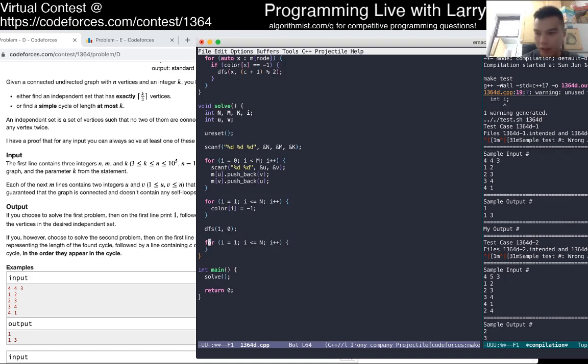I don't know if I need to do it both for odd numbers and even numbers, but I guess we'll see. Or even colors. And let's just take a candidate set, k, k over 2.